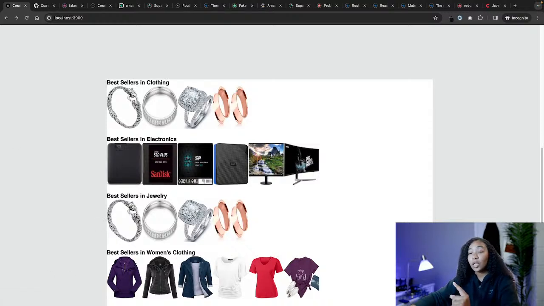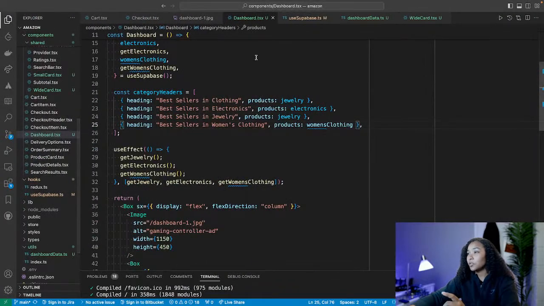Now we just want to get clothing. Now, as I mentioned, clothing is going to be a little bit different from the other two, just because it's not going to be exactly how we've done it before. So let me show you what I mean by that. If we go back to our hook here,